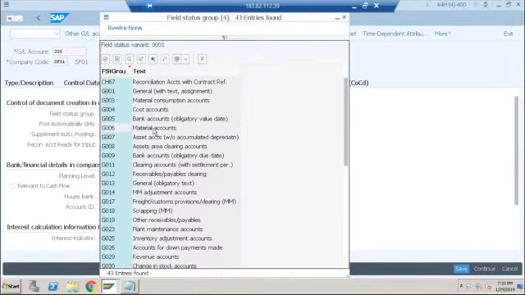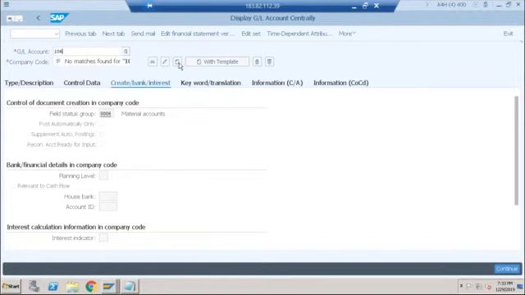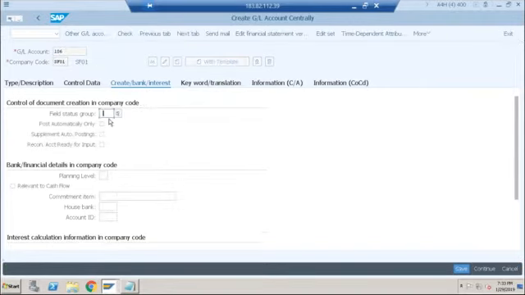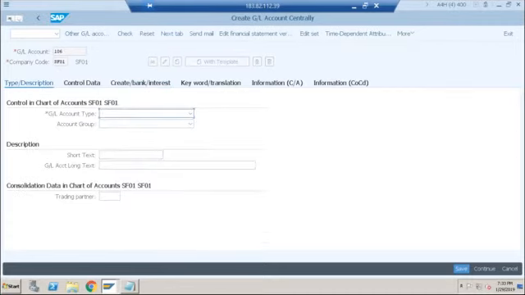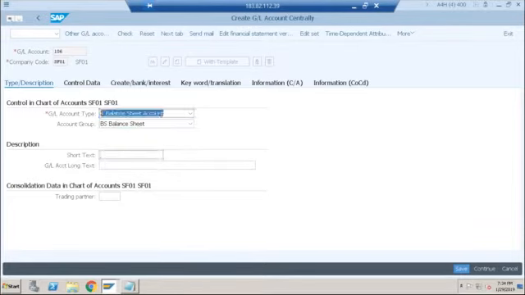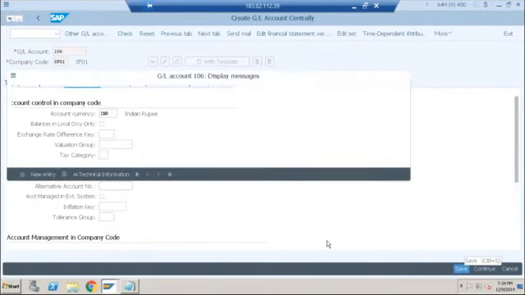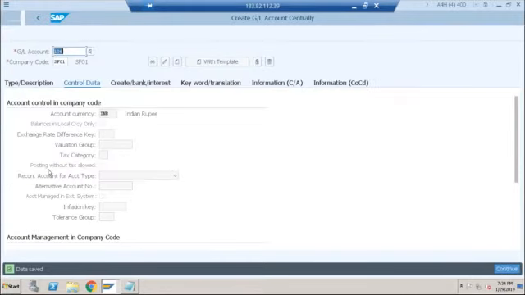This is done for material stock. Let's do it for GRIR also, which is a liability account. So let's click on new. GRIR normally we use G001, which is for general postings. So this would be also balance sheet account. Account group also would be balance sheet. GRIR. Nothing here. Just click on save. Okay, so now we have two GL accounts, 106 and 206, which we need to assign in OBYC.